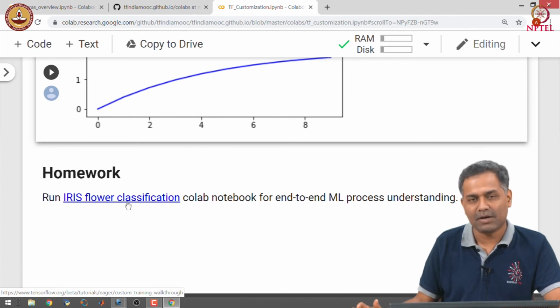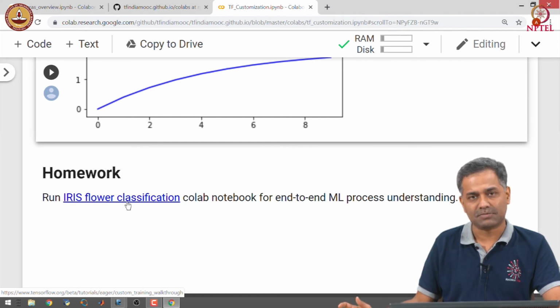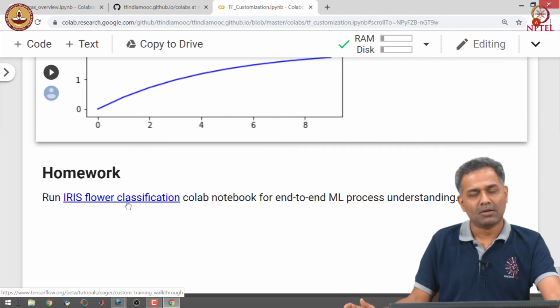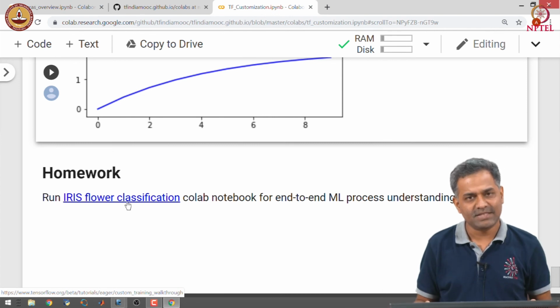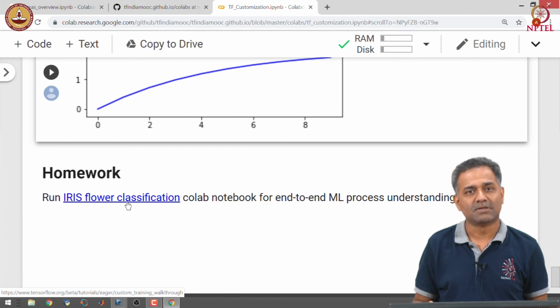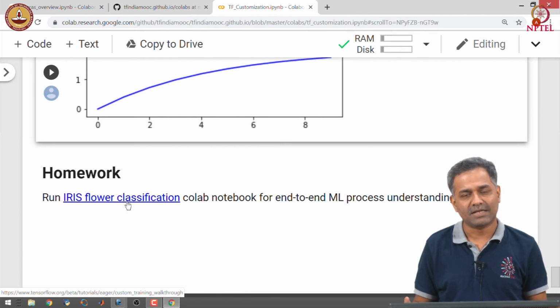As a next step, I would strongly encourage you to go through this iris flower classification notebook for an end-to-end ML process understanding in the context of customization. So, in this session we learned a number of concepts that will help us in customizing TensorFlow functionality.